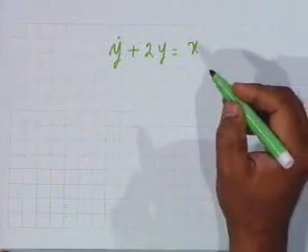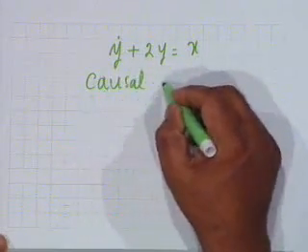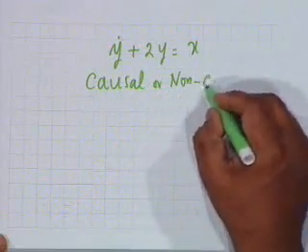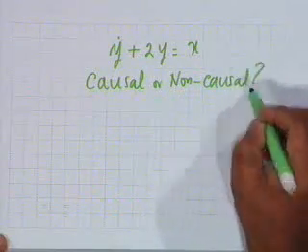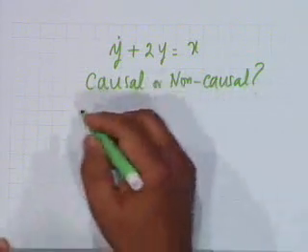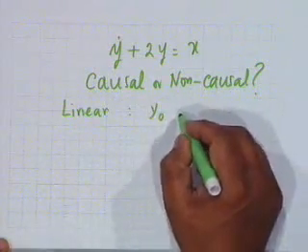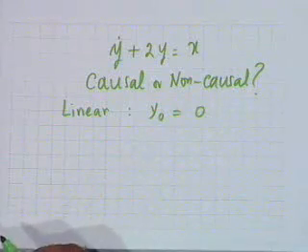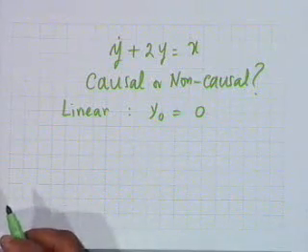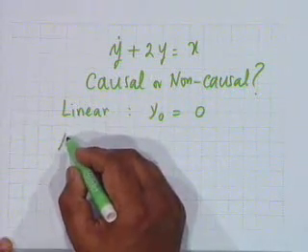We next consider the same system y dot plus 2y equal to x. We find out whether it is causal or non-causal, and as you shall see, this requires a little deeper thought and analysis. We assume that the system is linear, which means that y0 is equal to 0. We also recall the definition of causality. A system is causal if and only if